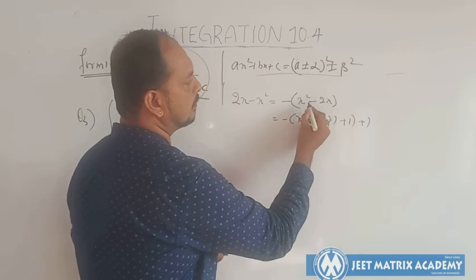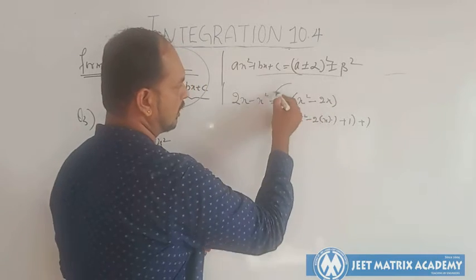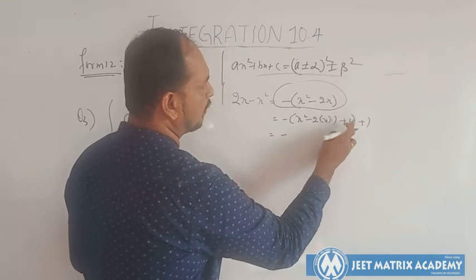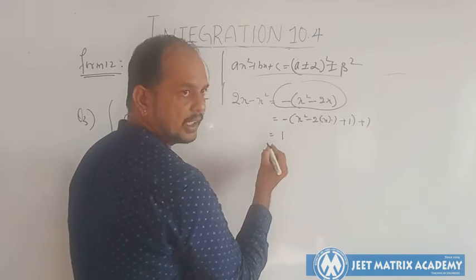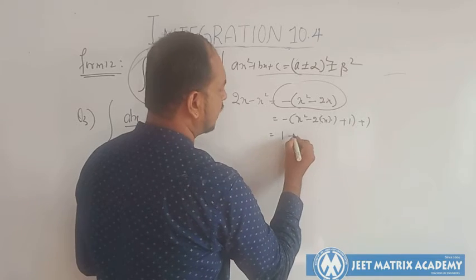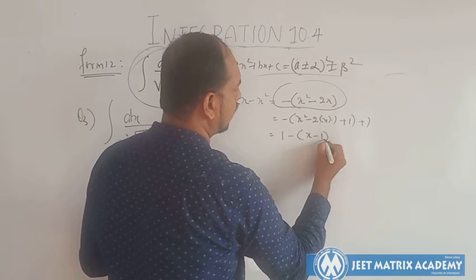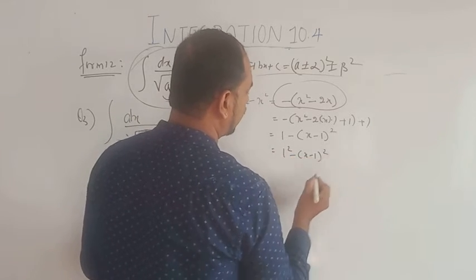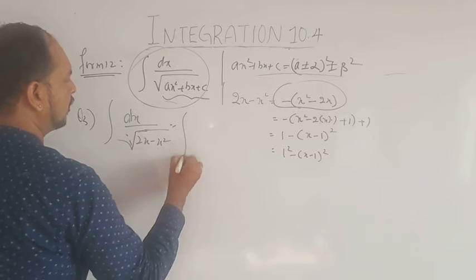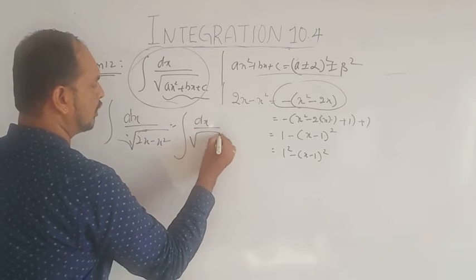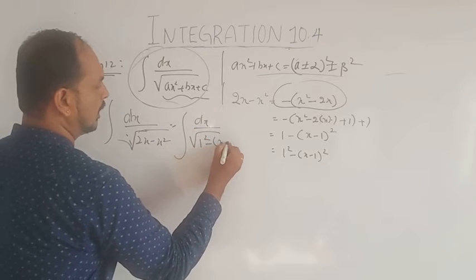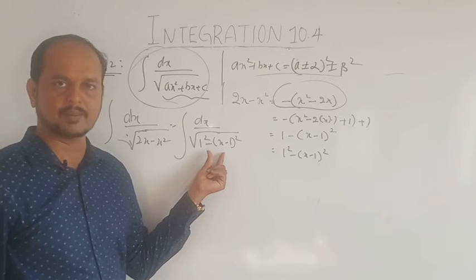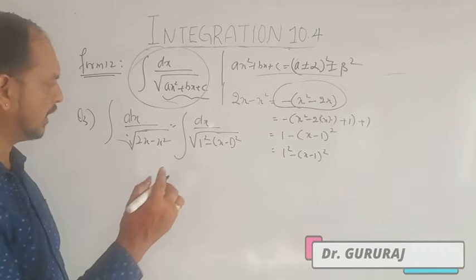Finally, this equation becomes only the previous one. So what I can do is, now I'll write 1 here at the beginning, because positive, minus this part I can write x minus 1 whole square, or 1 square minus x minus 1 whole square. So I'll use this, my integration becomes x minus root of a square minus x square, so 1 minus x square, sin inverse.